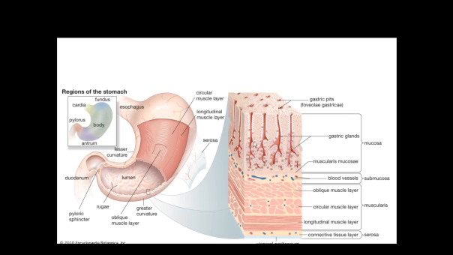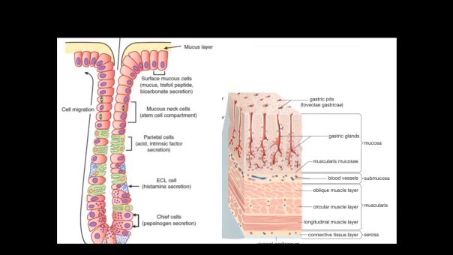In the profile section of gastric wall, you will find mucosa, submucosa, muscularis area, and the serosa. Now in today's class, I am mainly concerned about this mucosa. Now this mucosa mainly consists of the thick mucus and then the gastric gland. Now what are the components of this gastric gland? Yes, here it is. This is the thick mucus layer on the top with a pit-like structure, a tubular gland which is called the gastric gland.